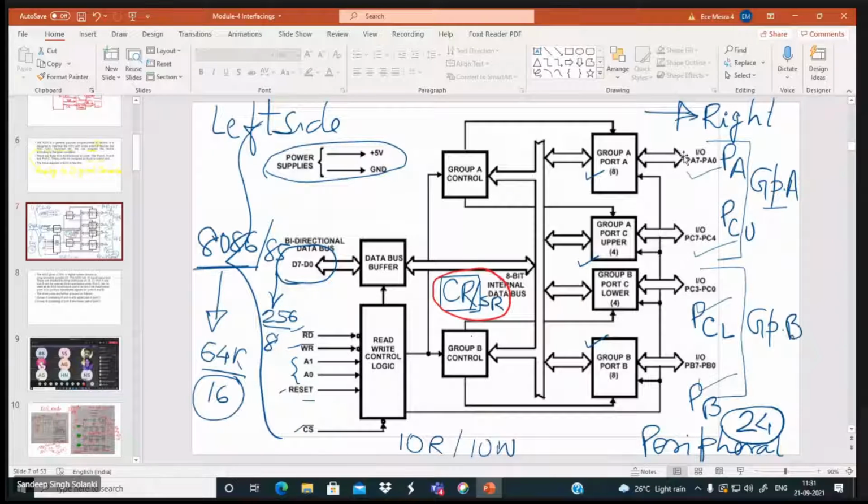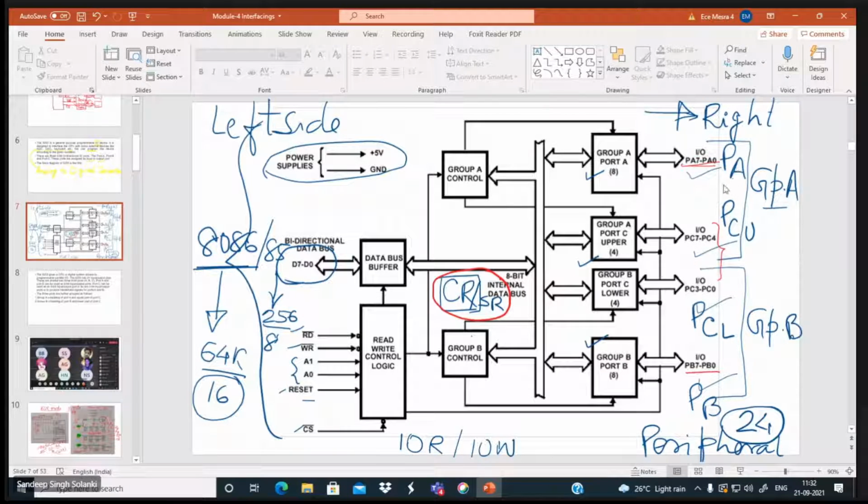Here you have got 3 ports. Port A, that is A0 to A7. Port B, B0 to B7, which is at the bottom. And then port C, which is split into 2 parts.